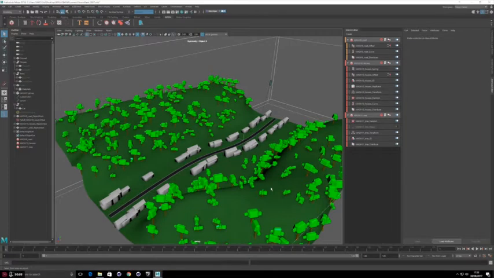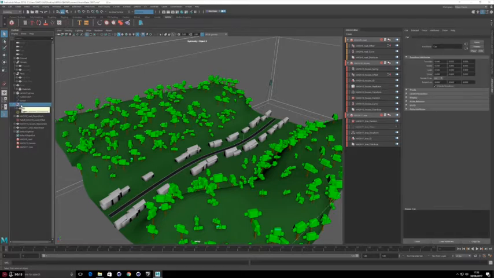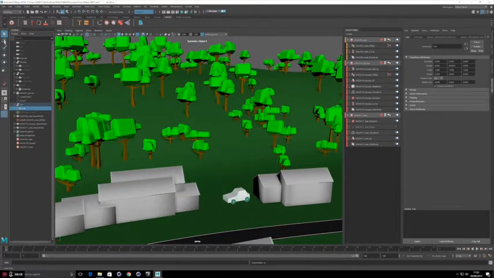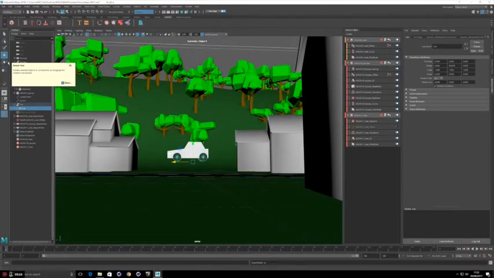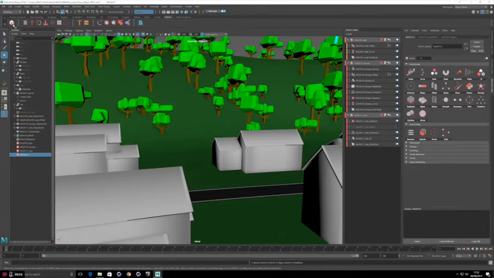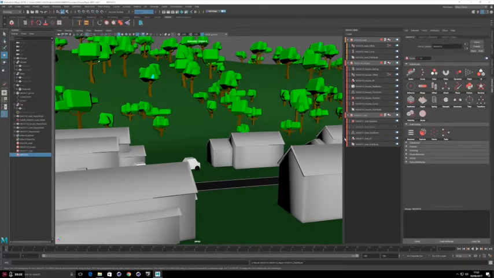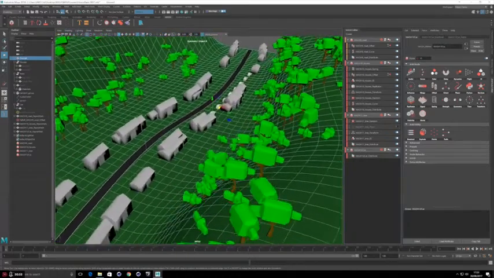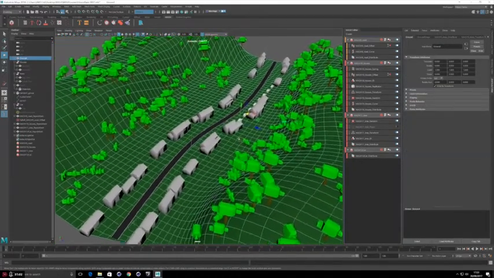Okay, so let's create our final element, which is our car. So I'm just going to unhide that, Shift H, there we go, there's a car. Again, our pivot point for that is set at the bottom. The only reason it's lying a bit off the ground is that the group is slightly higher off the ground. That doesn't matter if I just create a new mesh network. There we go, Mesh 12. But we're going to use the same principle as we did at the beginning with the road, but